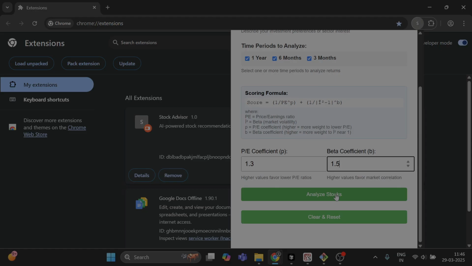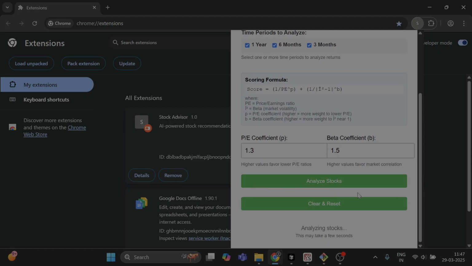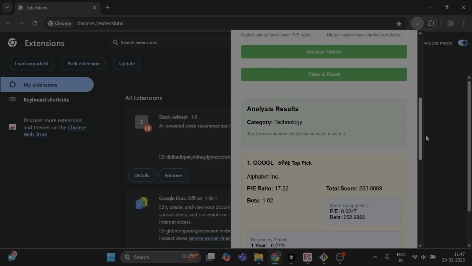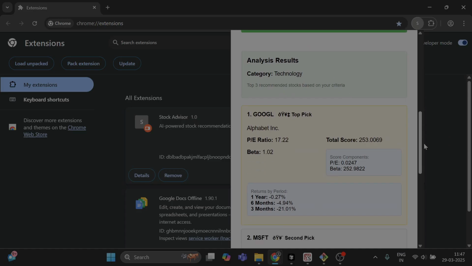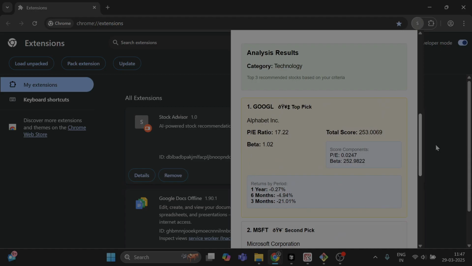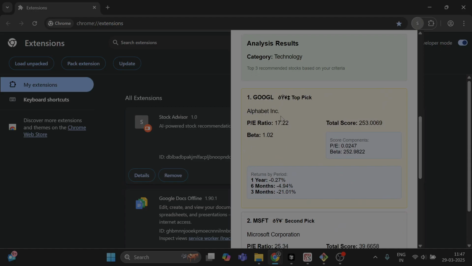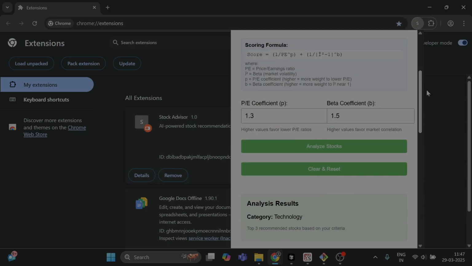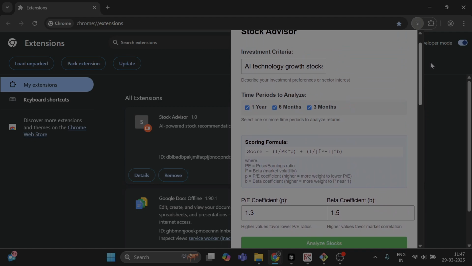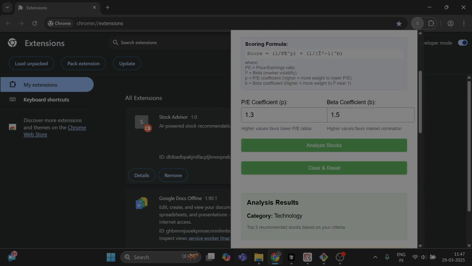Now once we click here analyze stocks, the agent will trigger in the backend server, which will connect to the database and will perform a series of steps as iterations and give us the top performing stocks. So it identified the intent prompt as technology stocks we're interested in, and then it gave the top 3 performing stocks as per our investment strategy defined. So here are a few key metrics, and then aggregated performance across different time window periods and the score based on which the ranking has been performed. So this is how it automated and provided us the top performing stocks as per our custom preferences. Now let's look at